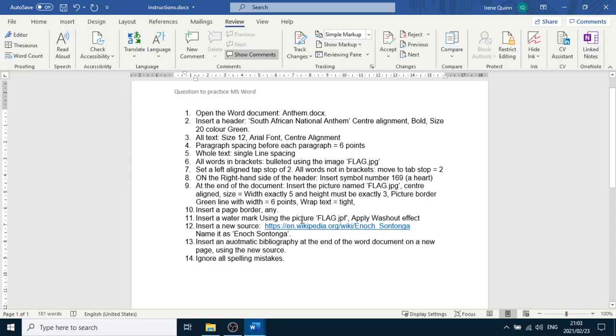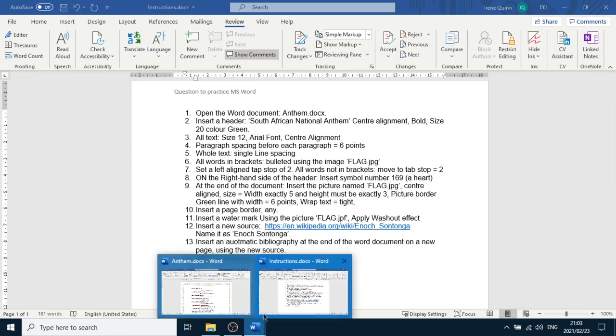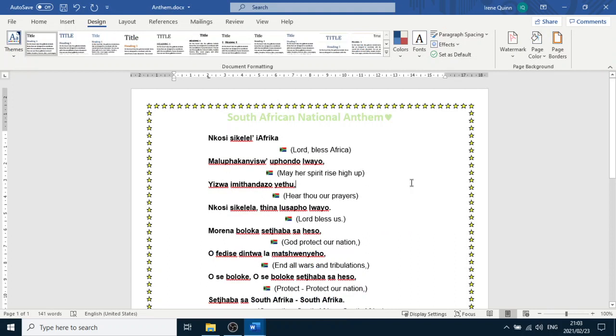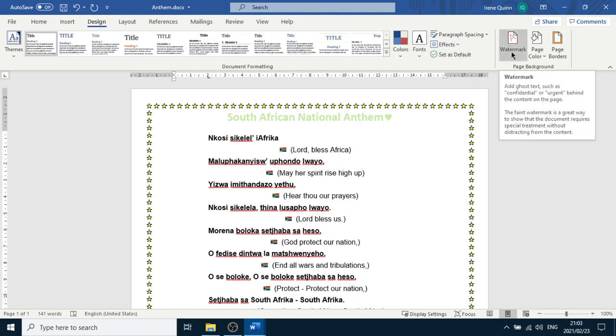Insert a watermark using the flag.jpg, and apply a washout effect. So let's go and do that. This is going to be a watermark, and as you can see on the Design tab it says Watermark. An interesting thing is that the watermark exists in the header and footer view, but it doesn't matter, it'll do that for you. So we click on Watermark,